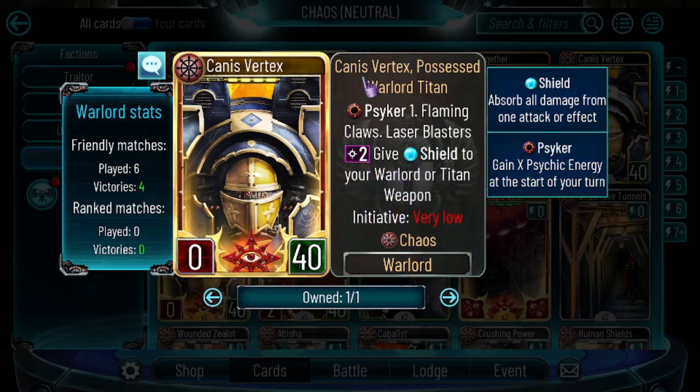Now, the thing with the weapons, you've got laser blasters that can deal 3 damage. You've got flaming claws that can either close combat or then shoot with Psyker to deal some damage as well. If they get destroyed, they have meltdown, which then can cause more damage to the other Titan parts, including the warlord. It's a big beast to battle, but it's completely battleable,